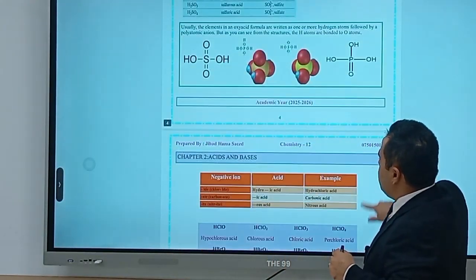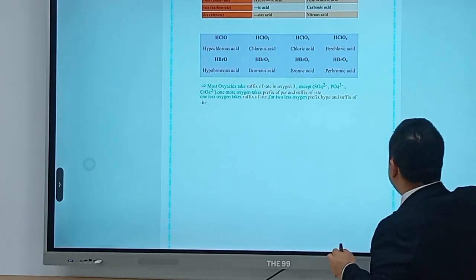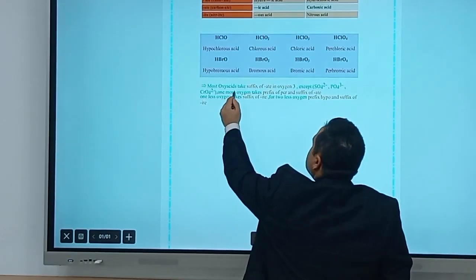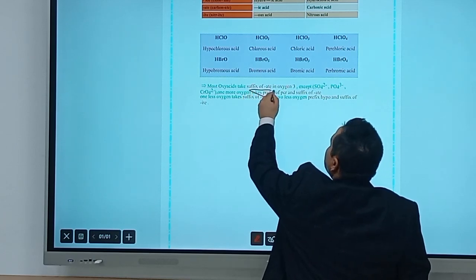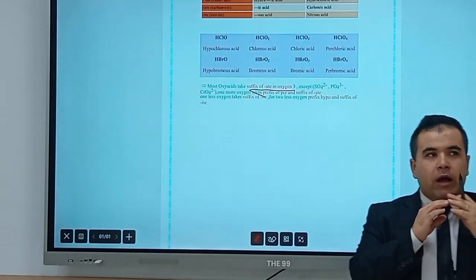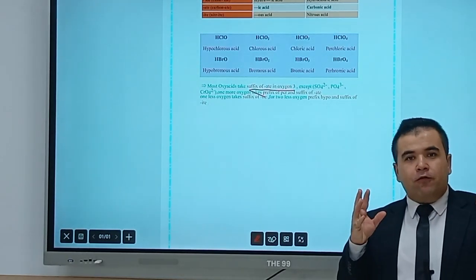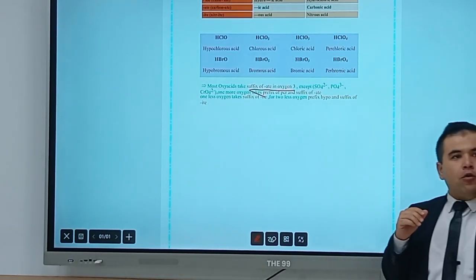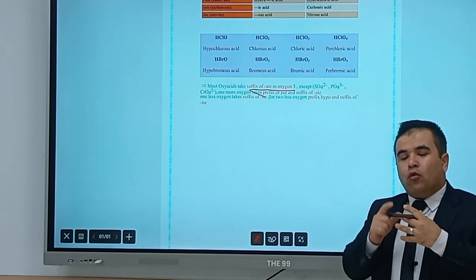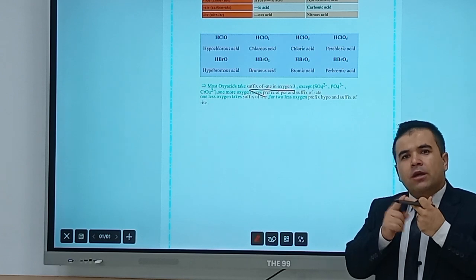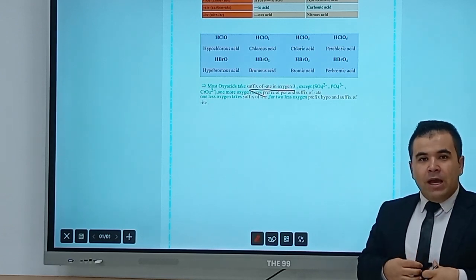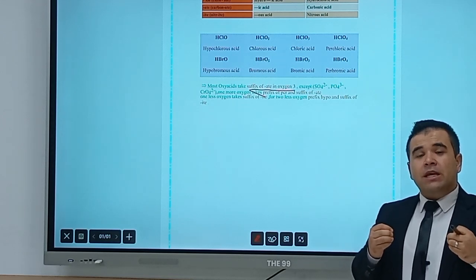Guys, here we have a note. I will be discussing this note and come back to explain the other parts. Most oxyacids take the suffix ATE in oxygen 3. What do we mean? We mean the oxyacids have several forms, usually four forms: oxygen 1, 2, 3, 4. The oxygen 3 form for most of the acids is the ATE form,